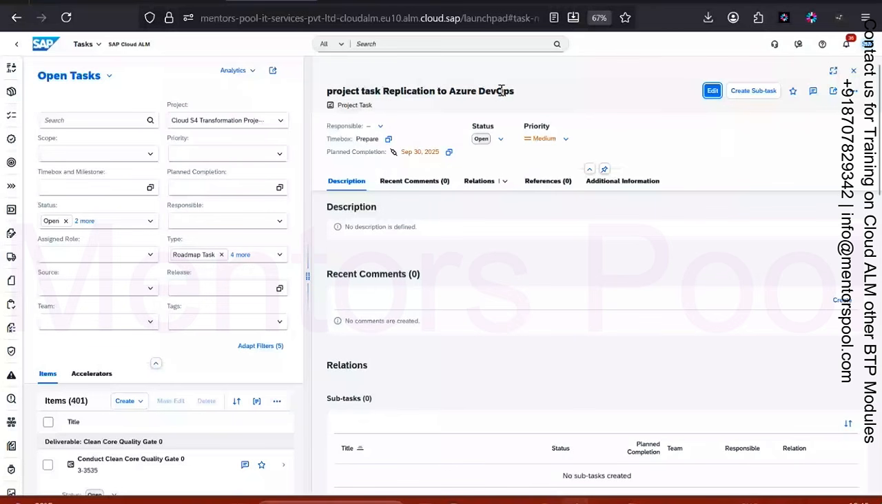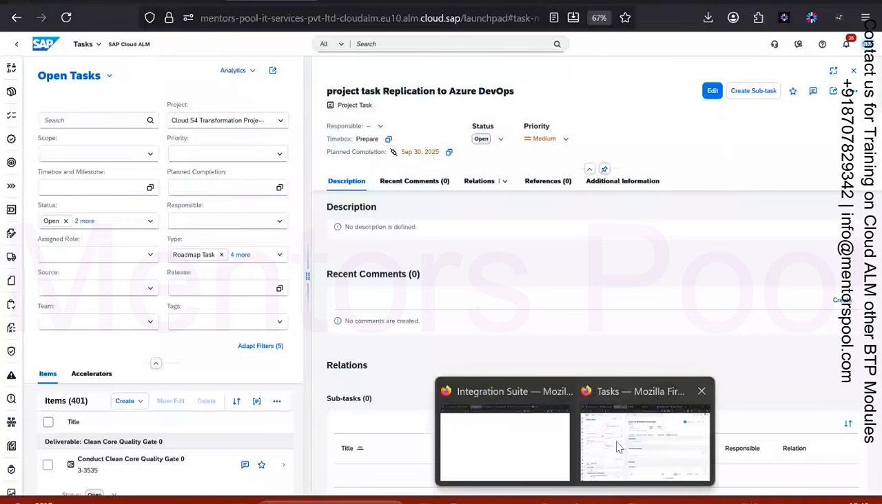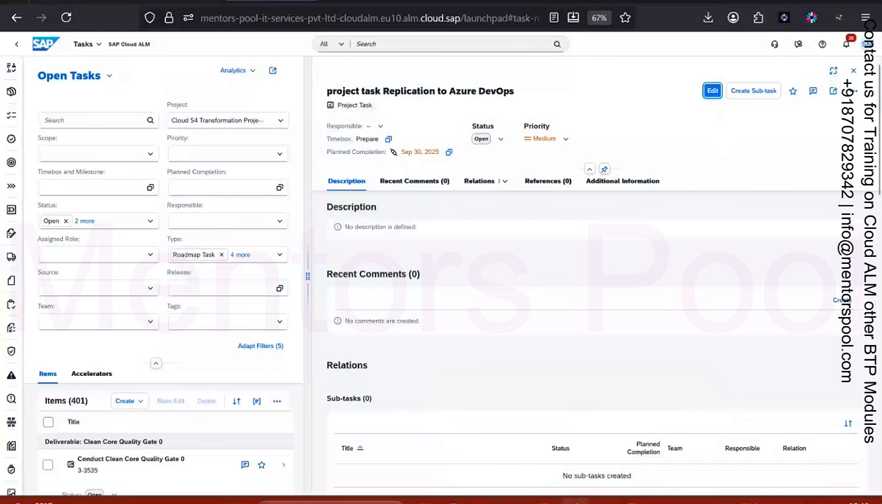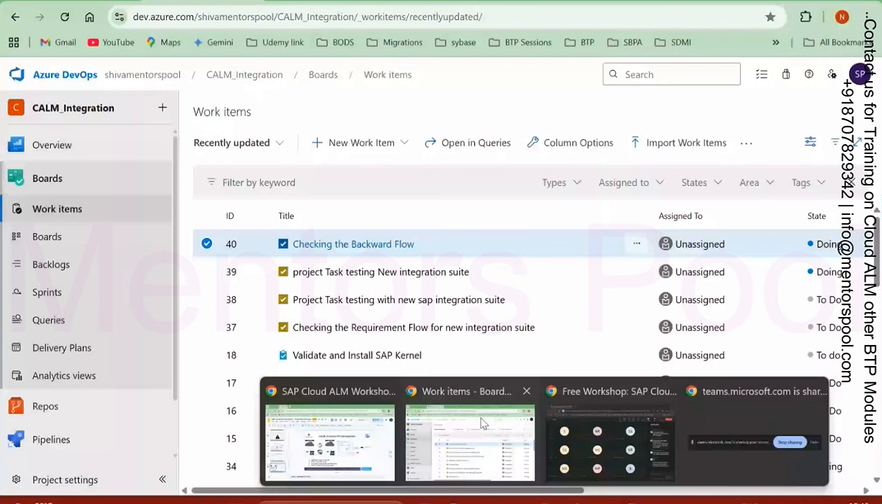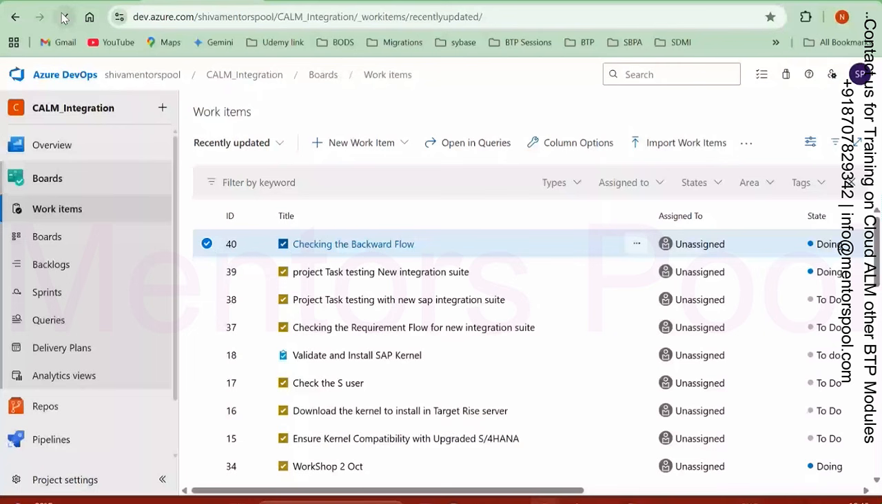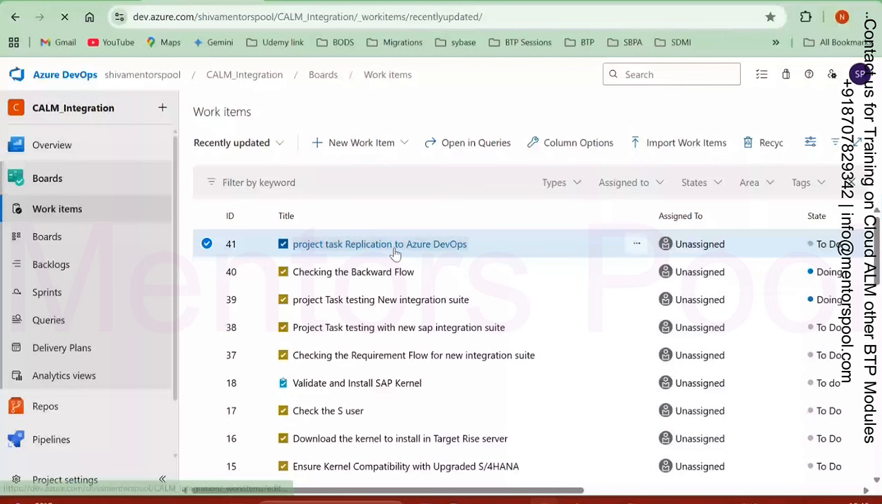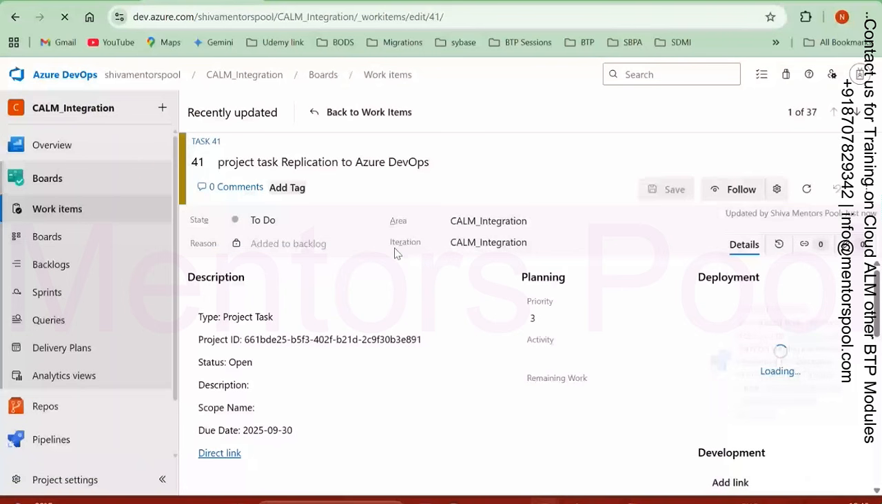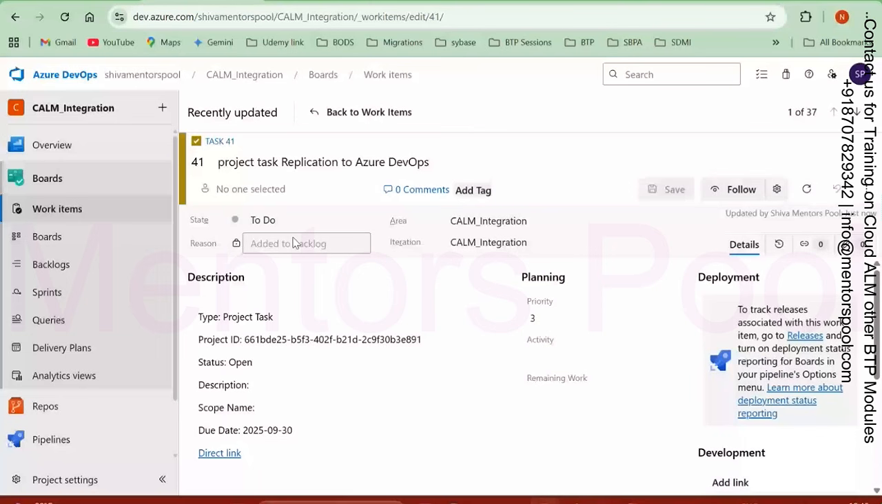Now let me go to Azure DevOps. So this is the Azure DevOps one. Let me show you. Yeah, if you see here, just now I created that one. From here, if I try to do, see, project task replication to Azure DevOps, and if I click on save,